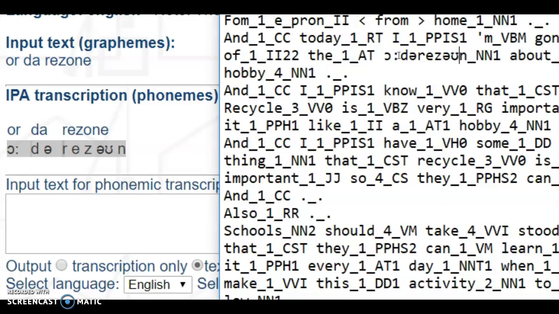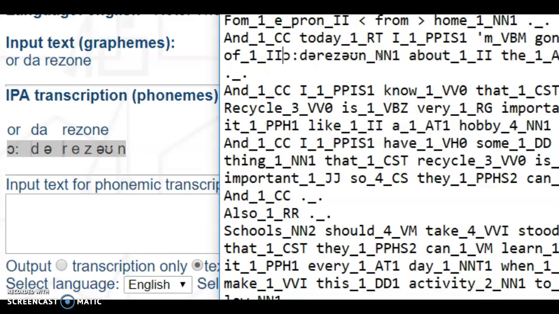So "about the result or the rezone, of the rezone, of the." Actually, I think that's now repeating. Actually, I think this whole thing needs to be, it gets quite complex.